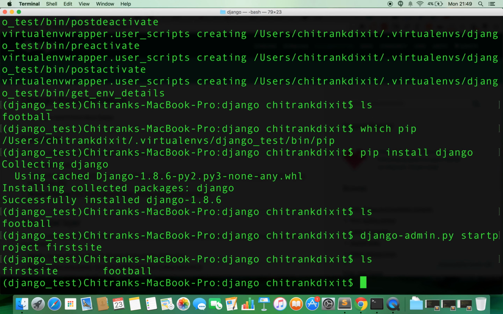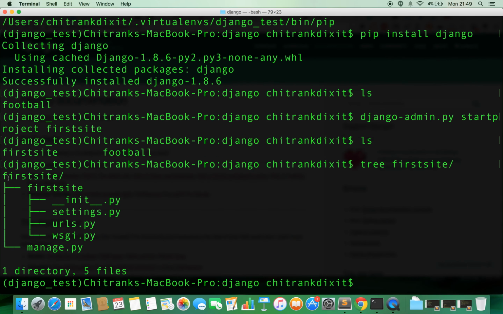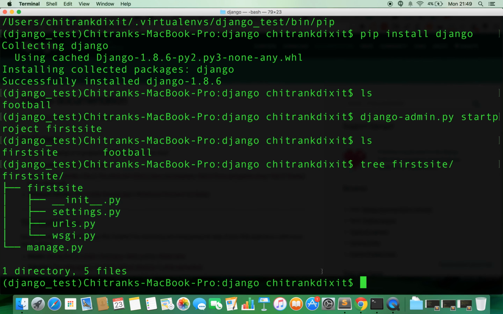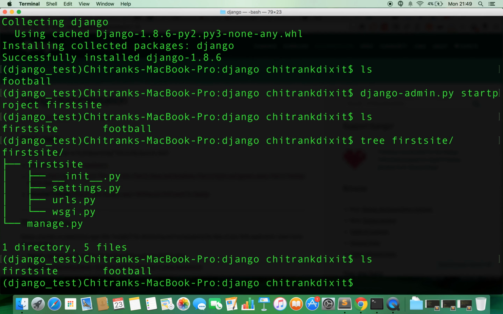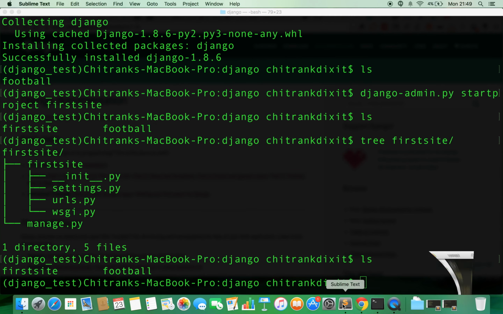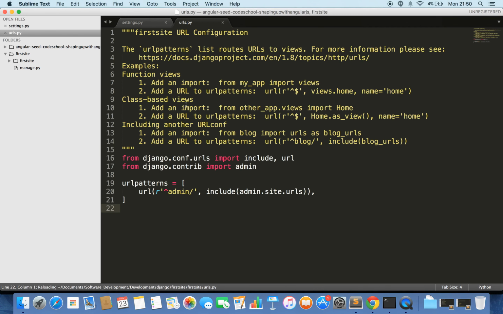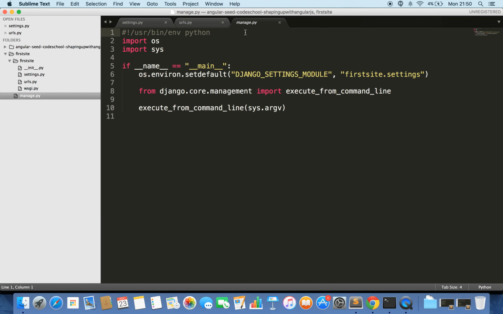So you can see the directory structure of the Django project. This is the directory structure of the Django project, as you can see. Let's navigate inside this. If you have Sublime Text, it's better to use that. Alright, so this is the firstsite named project. Here you'll find manage.py,